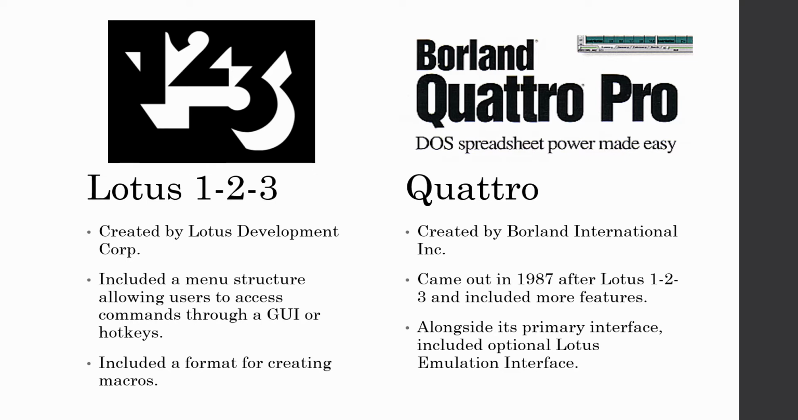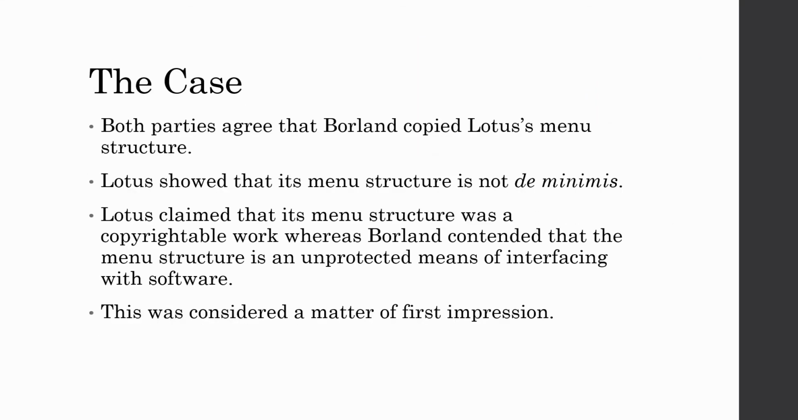There was no copying of code or of any assets, except for the menu structure and the names of commands. Both parties agreed that Borland copied Lotus's menu structure. And Lotus showed that its menu structure was not de minimis, which means that there could have been other ways of expressing the same commands in a different structure. For instance, the commands could have been placed under a different hierarchy, or the commands could have been given different